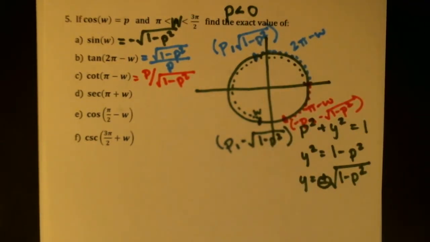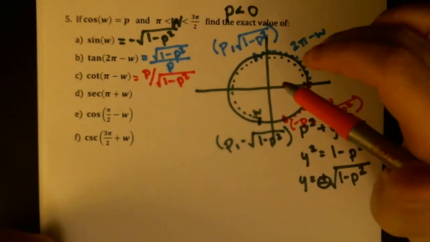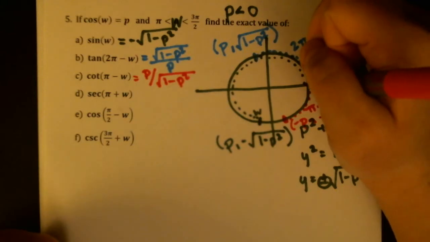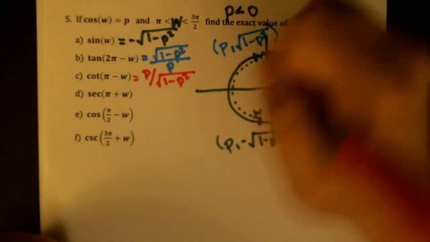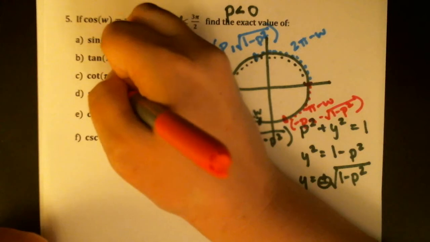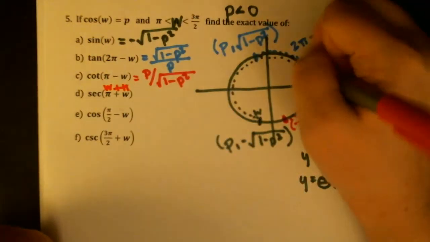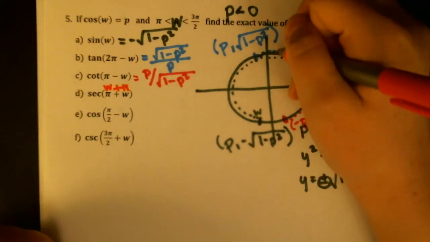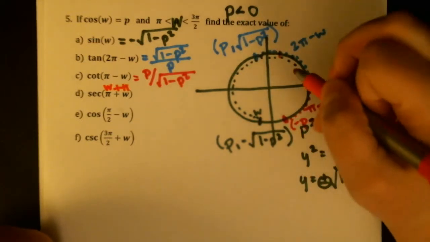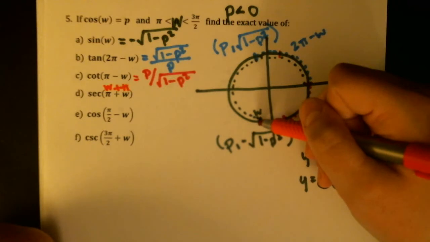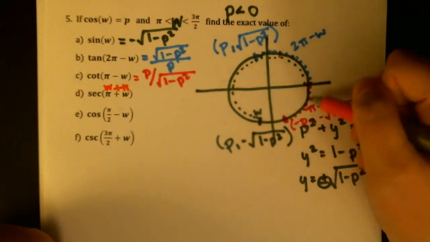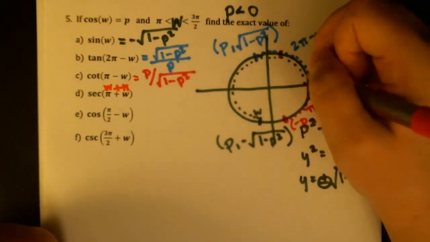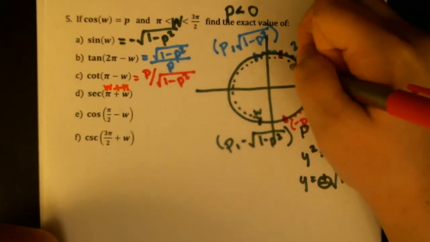Let's see. Secant of pi plus w. Pi plus w, this is all going the same direction. So that's one where I kind of like the opposite. You could go pi and then say, I need to go another 1, 2, not quite 3/4 of the way around. Or you could say, here's w. I want to go an additional pi, which is halfway around the circle. And that would land you here. So pi plus w,